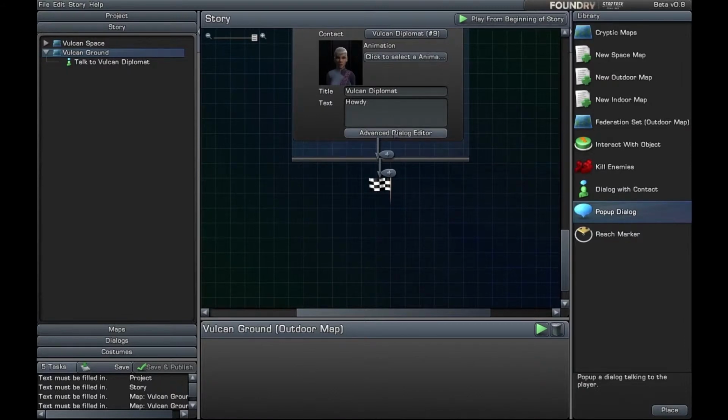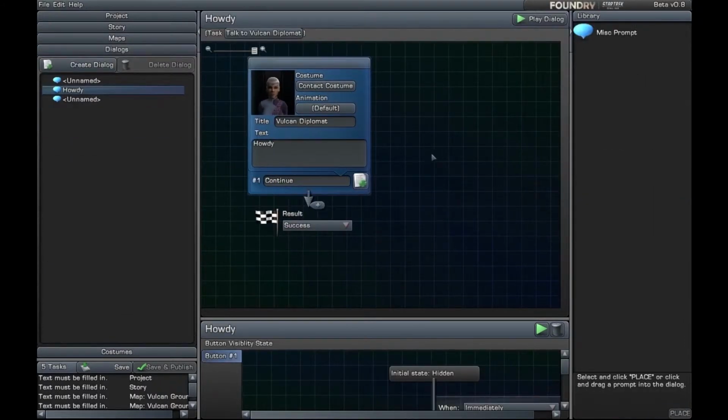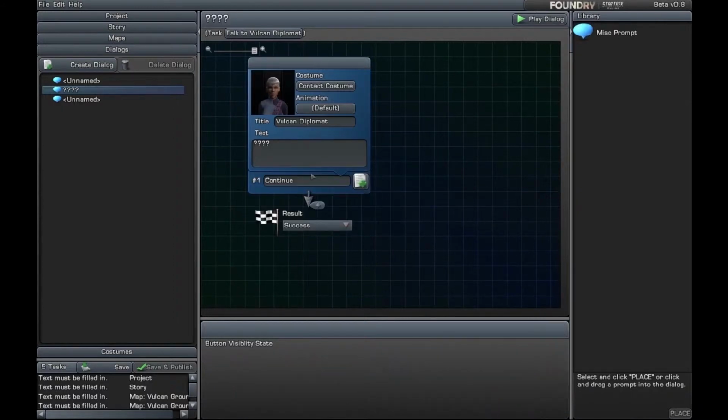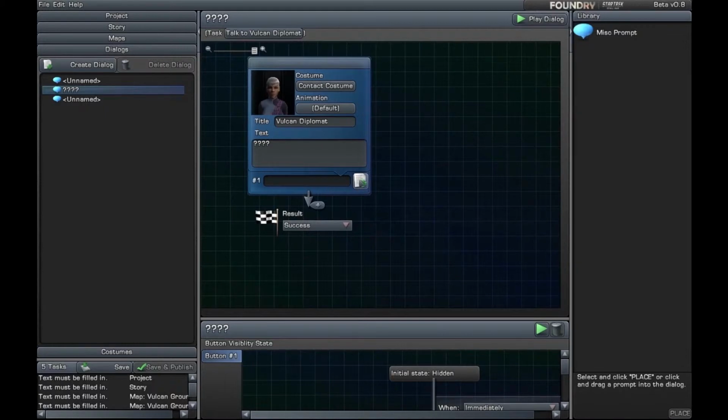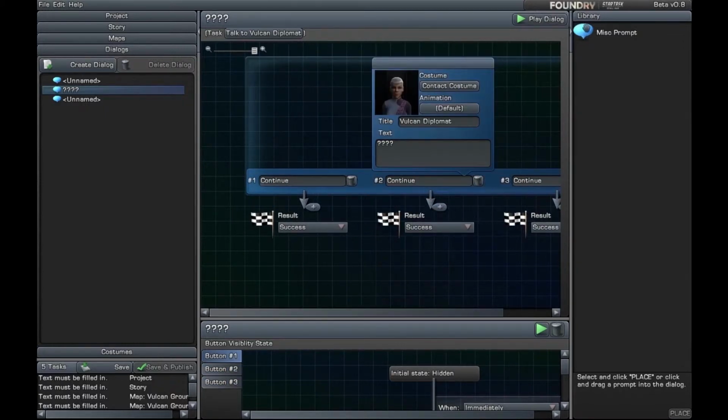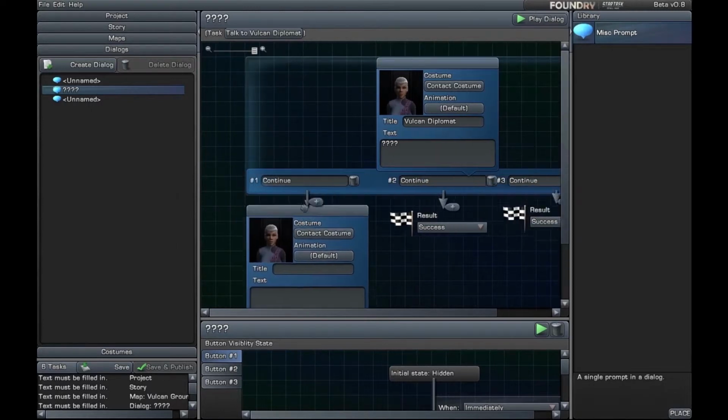But if we click on this button, Advanced Dialogue Editor, that's where we can do things that are much more complex. So let's say we get to Vulcan and there's a murder to solve, and this diplomat is a witness. Then in the first box, she can say, do you have any questions for me? And from that point on, we can add questions. Question number 1, question number 2, and so on. And then following each question can be a different response